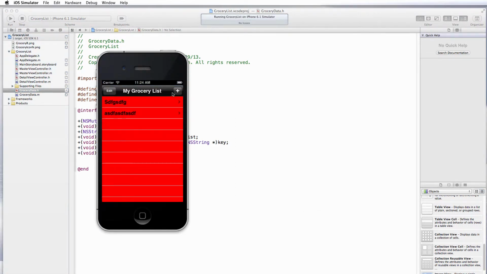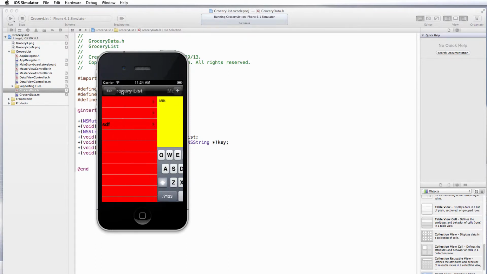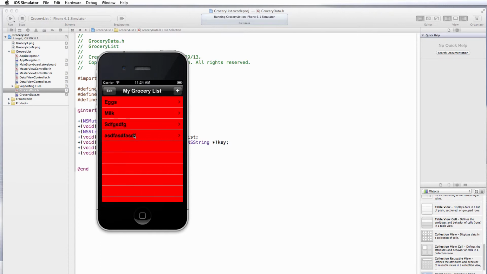So now we should be able to add an item to the list, reference the item, go back, and it shows up in the list in the order that we entered it. Add another item, go back, and again we can see.